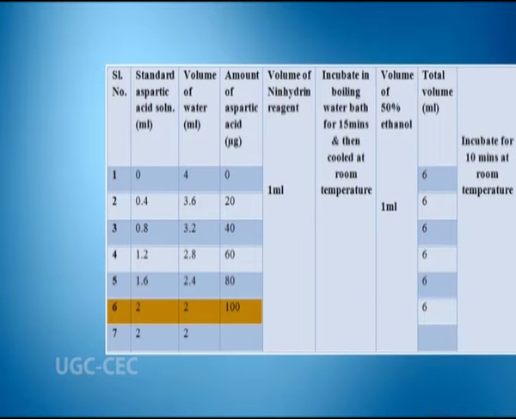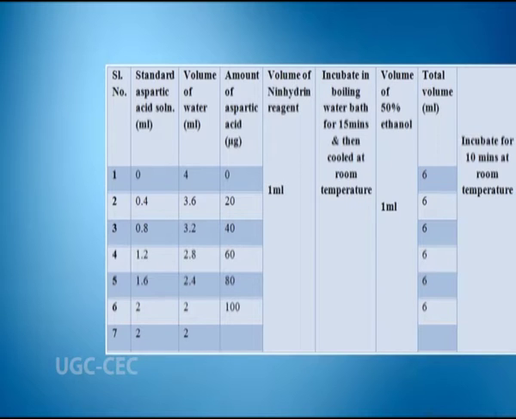In test tube number 6, 2 ml of aspartic acid solution and 2 ml of distilled water is added. In the 7th test tube, 2 ml of the unknown sample and 2 ml of distilled water is added. The amount of aspartic acid in microgram in the respective tubes are 0, 20 microgram, 40 microgram, 60 microgram, 80 microgram and 100 microgram. To all the test tubes, 1 ml of ninhydrin reagent is added and then incubated in